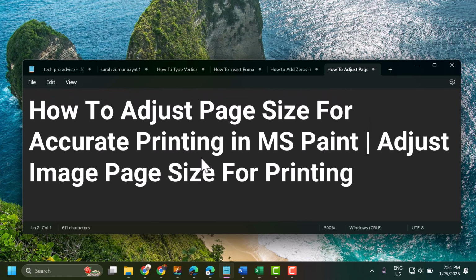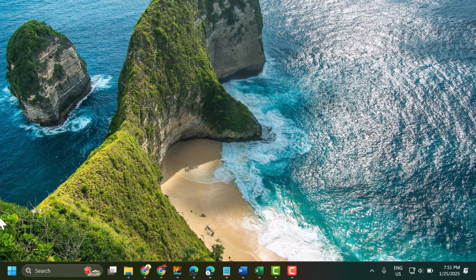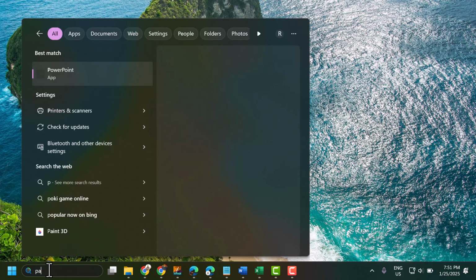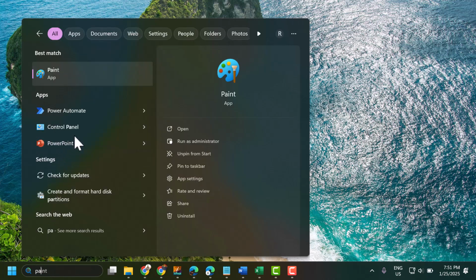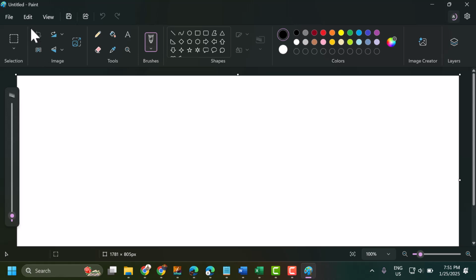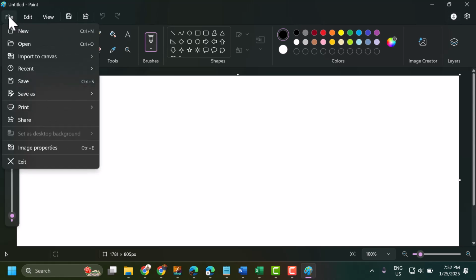In this video, I will show you how to adjust page size for accurate printing in MS Paint. So open Paint, insert the image,